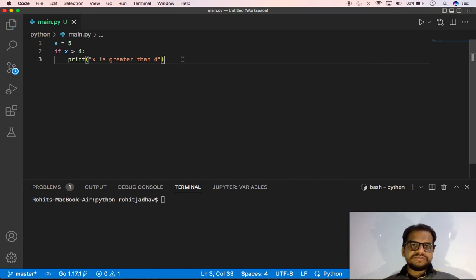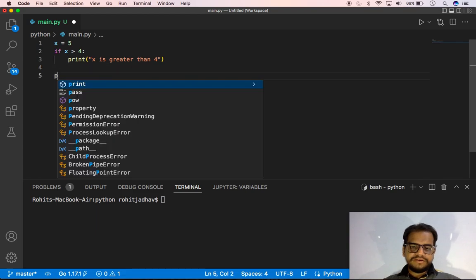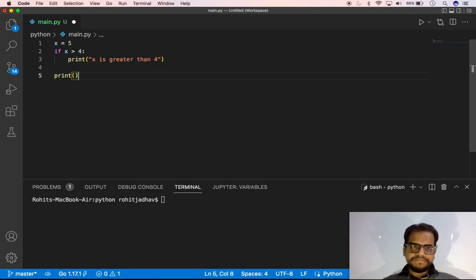If this condition is true, then only it prints this, otherwise it goes to print hello, like this. So we can check